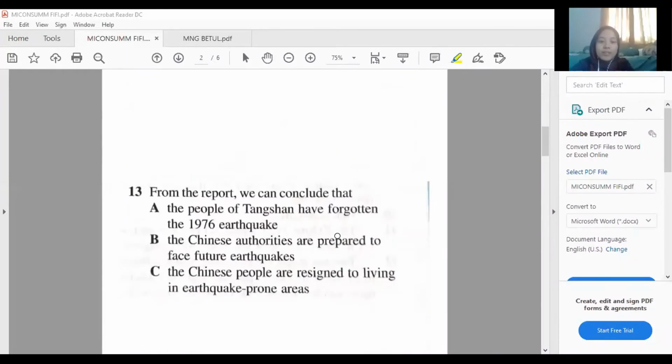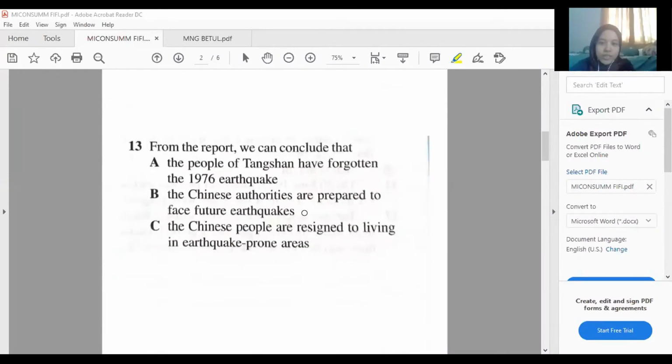Okay, so I'll start with the first question, question number 13. I'll start with the first step: identify the type of question. From the report, we can conclude that, so the type of question here is the conclusion type of question. So highlight that. The second step would be to read the questions carefully, scanning the questions repeatedly to get a better understanding